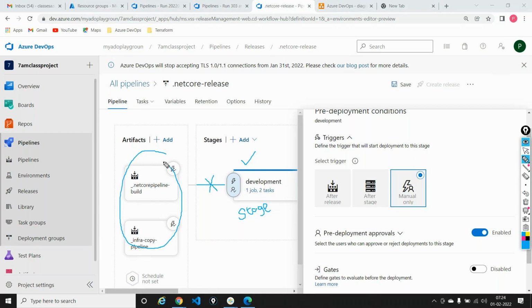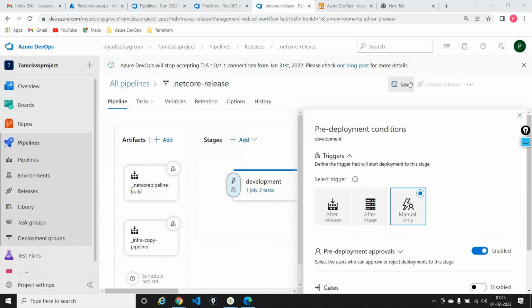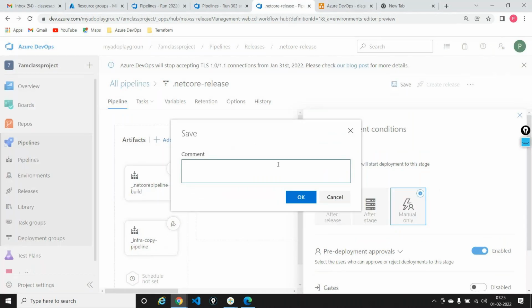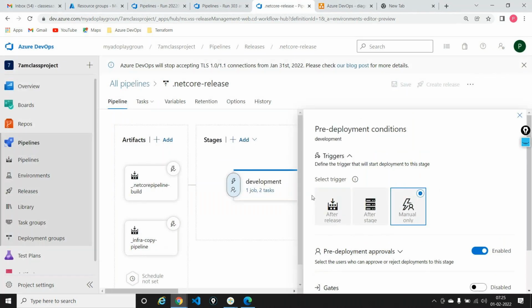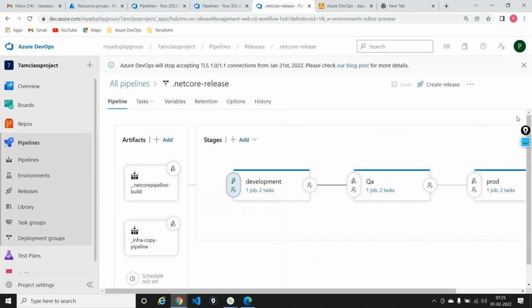It's a manual approach, meaning I, as let's say a DevOps engineer, or as the lead of a development team, should go ahead and click on deploy here. This is what is going to happen right now. So if I save this, I'll say this is manual, and if I say create release,